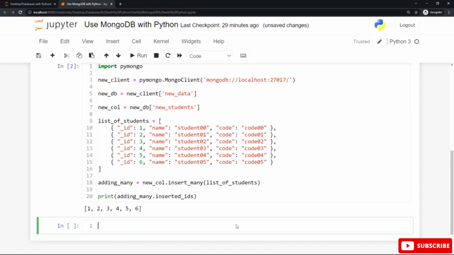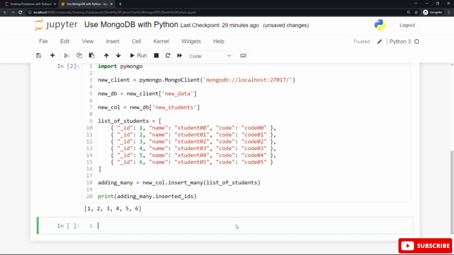This database is called new data, as you can see, our new database. Then we have created a new collection called new students by using the variable name that refers to the database followed by square brackets and the collection name inside these square brackets, and assign that to a new variable called new collection or new col.